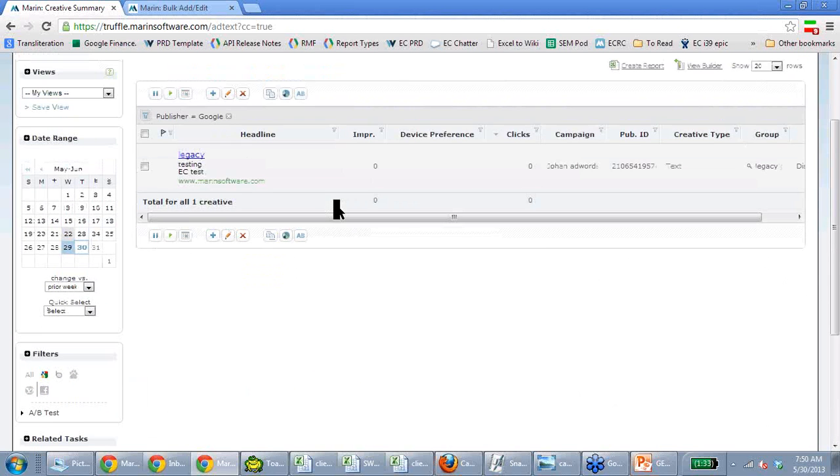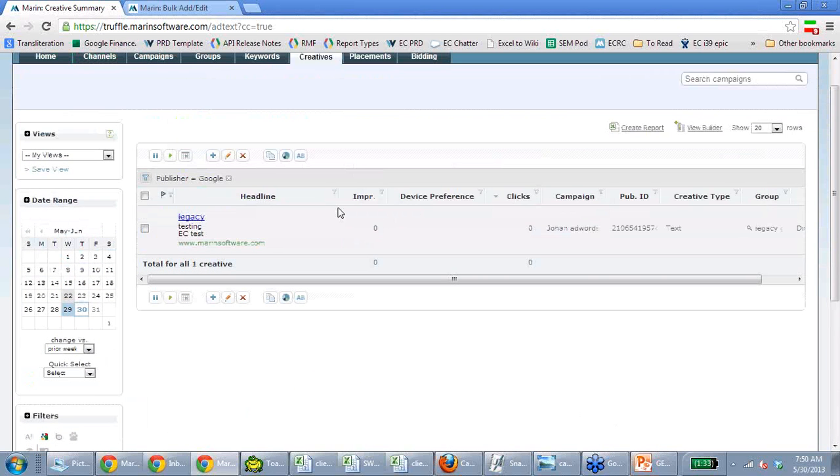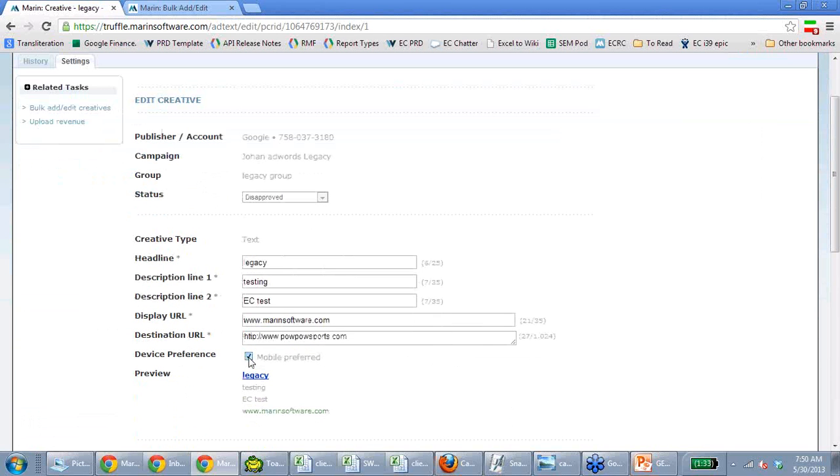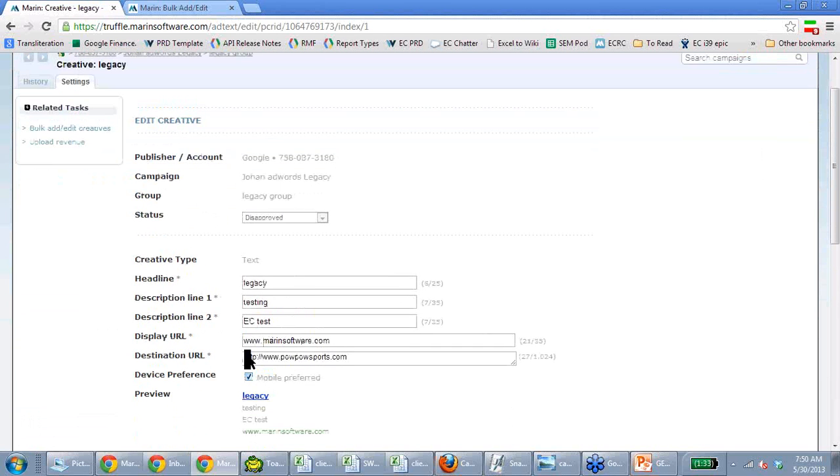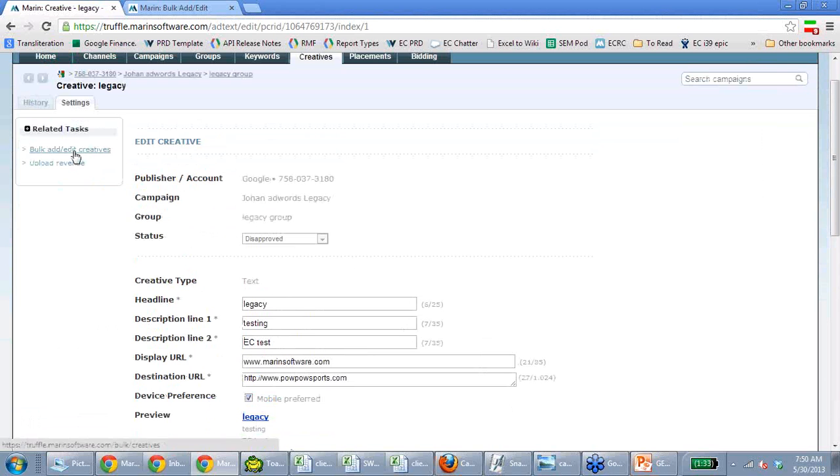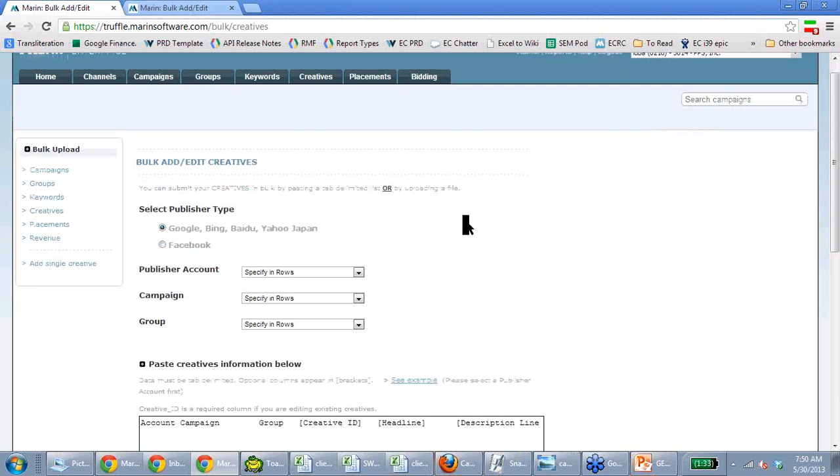And of course, your ad will be mobile preferred only if it's in an enhanced campaign. So this ad, I can go here and change it to mobile preferred, or I can go to the bulk page,